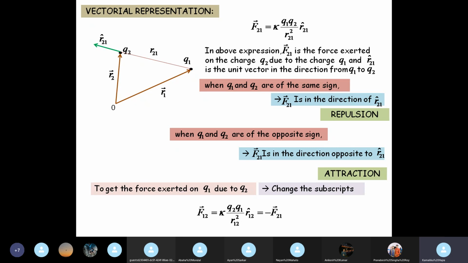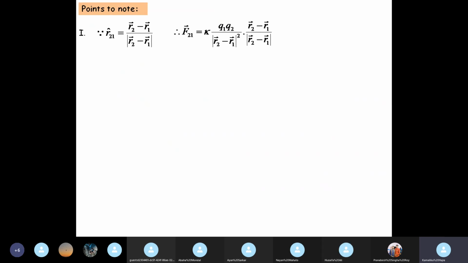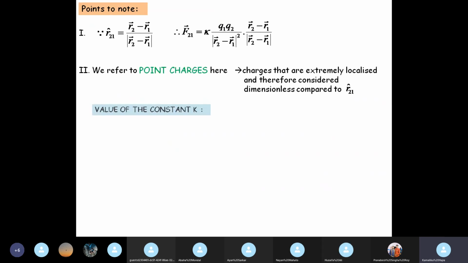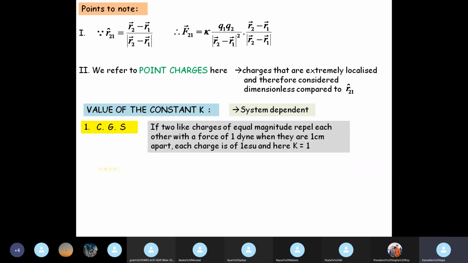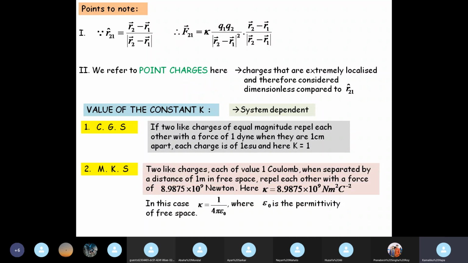Okay, so this expression of Coulomb's law in the vectorial form also clearly states why like charges repel and opposite charges attract. These were certain points to note which I will not repeat. We found out what the value of the constant k is in the CGS and the MKS units, and I told you that this is one value that we will require several times while doing problems, and at least k equal to 1 by 4 pi epsilon naught, this expression you need to remember.